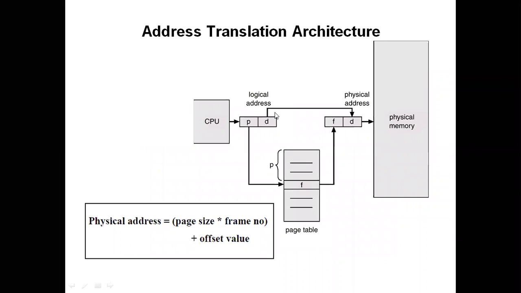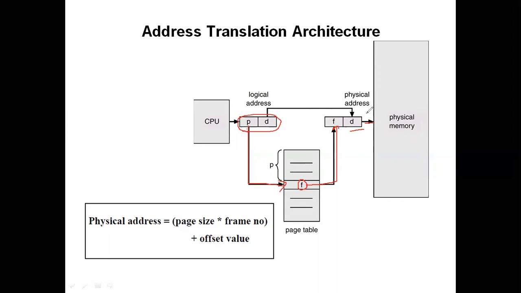And this is the architecture. What happens now is the CPU generates an address. That logical address is divided into two parts: the page number and the offset. In order to search for an address, we pick up the page number, go into the page table and find the entry for that page number. That entry will give a frame number, and using that frame number we add the offset, and we will reach that particular memory location.